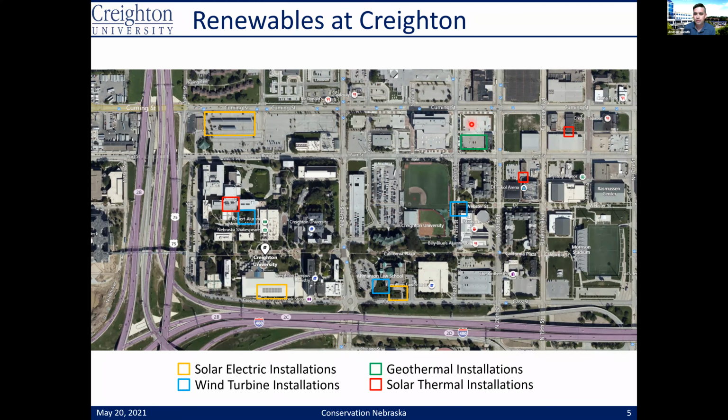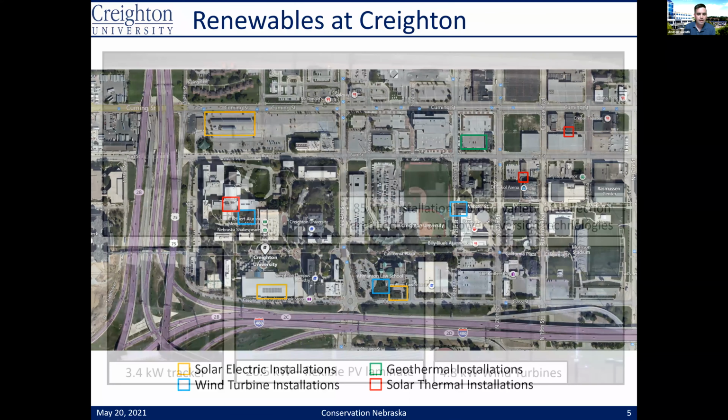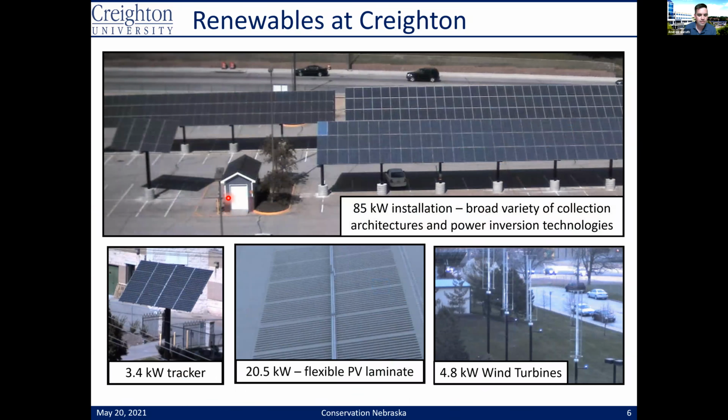We have an entire geothermal installation for the building that sits right here. And we also have solar thermal installations all across campus. These 2 are there for heating the spaces, and the one here on the Riggy building is there to provide hot water for the building. So we have a variety of sustainable energy solutions. I want to focus on these 4 because I think they're the most obvious to think about. The first one is the Cummings Street array, and that's the one we'll focus most on today.